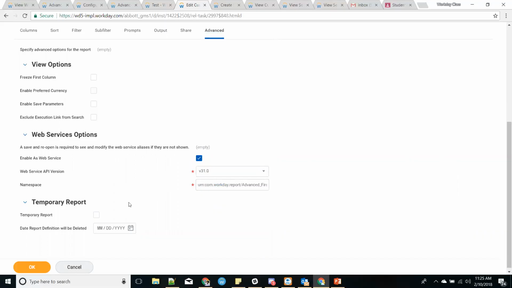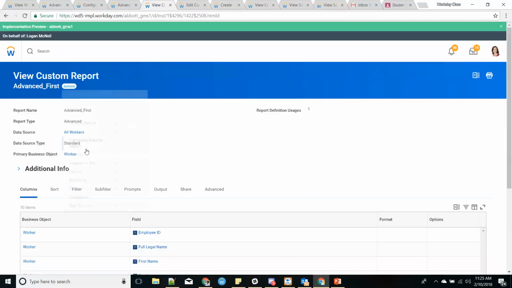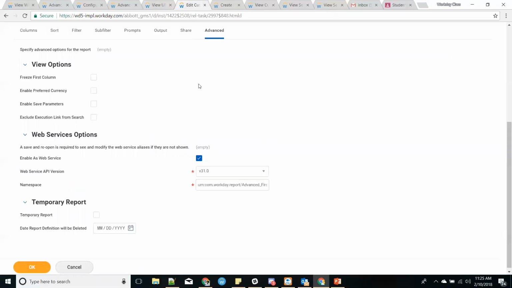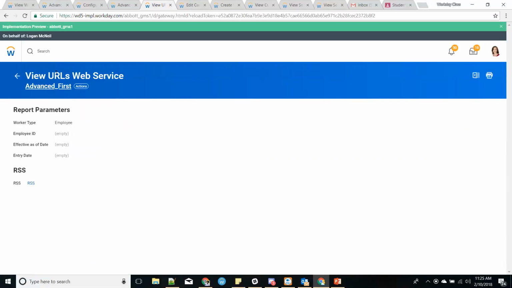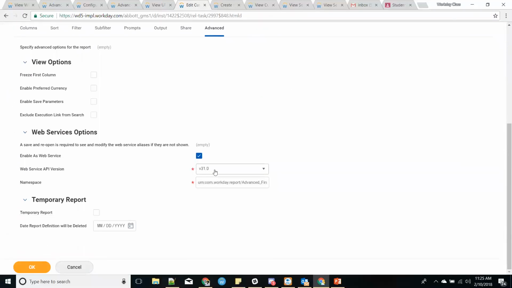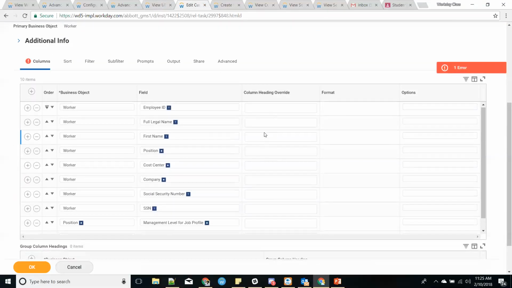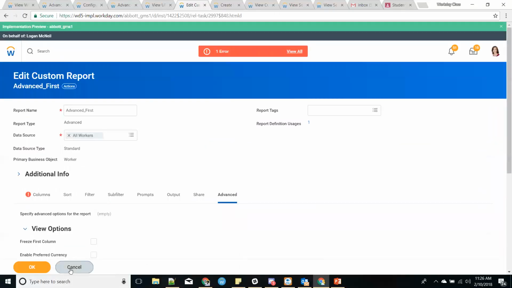Okay. So if I enable it as a web service, I'll show you how it looks before, so you'll notice the difference. If I go to actions, I see web service already. Why do I see it? Should not see. Okay, yeah. I don't see any URLs that I can use. All I see is RSS. But if I enable this web service and if I give the version and then click OK,